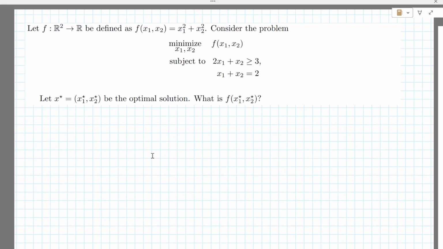We have this objective with two variables, and we have two constraints, and then given this x star is the optimal solution. And what is the optimal function value, optimal objective value? Okay,